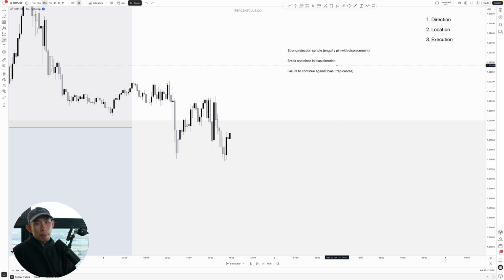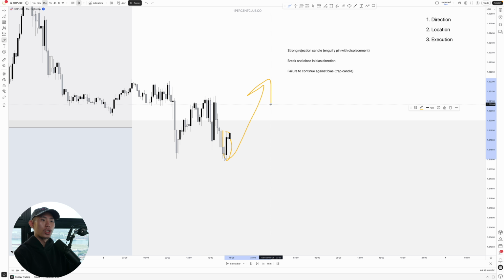Now, bear in mind, what's our bias right now? Our bias right now is that we want to look for longs. We want to actually enter for buys. So this means that we want to look for a break and close in the bullish direction. Do we have that yet? Well, we did, right? We got price pretty much breaking this previous candlestick, and then it closed above it in the bullish trend direction just like this. All right, it's really just as simple as that. You basically want to identify the bullish candlestick closing above the previous bearish candlestick in a direction that you want to be trading in.